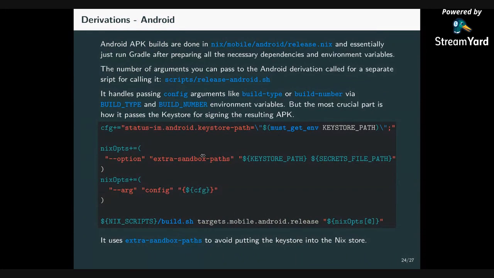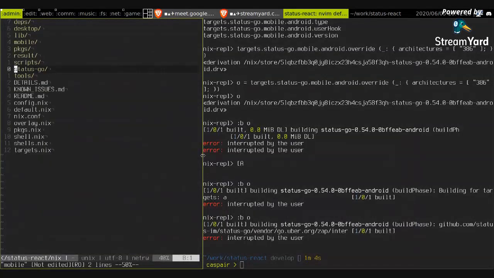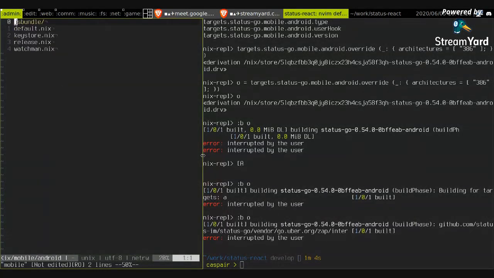Now, the biggest derivation we have is the Android one, because it combines all of the things we've seen so far. It combines the closure, the Gradle and Node.js dependencies, the JS bundle, status-go, and all the sources in the repository in order to build the APK, right? So, first of all, let's take a look at the derivation itself, which is in nix/mobile/android/release. Go there, mobile android